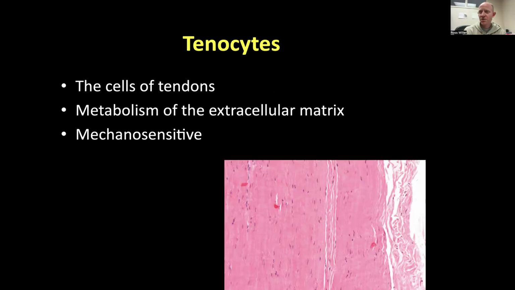So tenocytes, regardless of which subtype they are, are the cells of tendons. They regulate the metabolic activity of the extracellular matrix, which is again comprised primarily of collagen. And like cells in bones and cells in muscles, they are mechanosensitive. You can see that here in the shape of these little purple tenocytes, where they're kind of elongated, right? Meaning as you stretch this extracellular matrix, through the cells being embedded in that matrix, that's also going to stretch